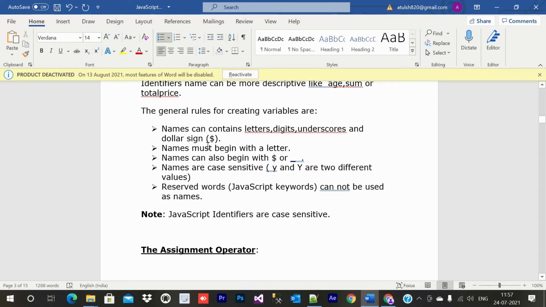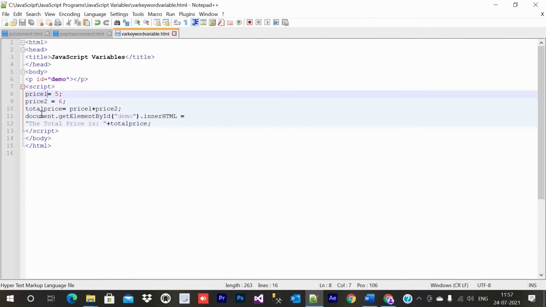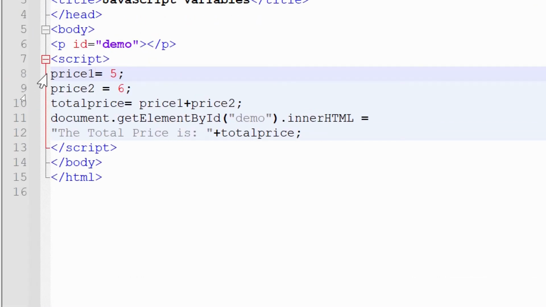Names can contain letter, digit, underscore and dollar sign. Names must begin with a letter. Names can also begin with dollar or underscore, so let's discuss that point. Here you can see I have taken dollar, and here I have taken underscore, and here I am taking dollar, and here I am taking underscore.